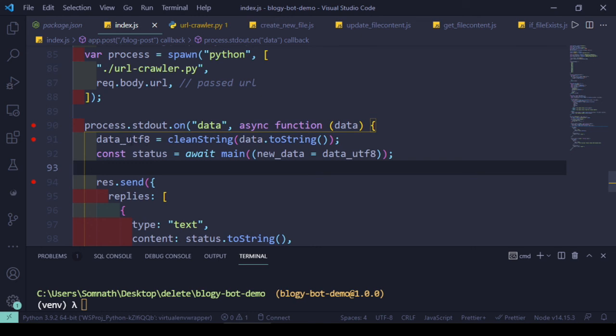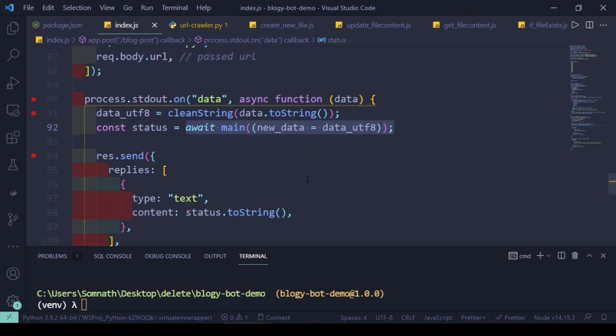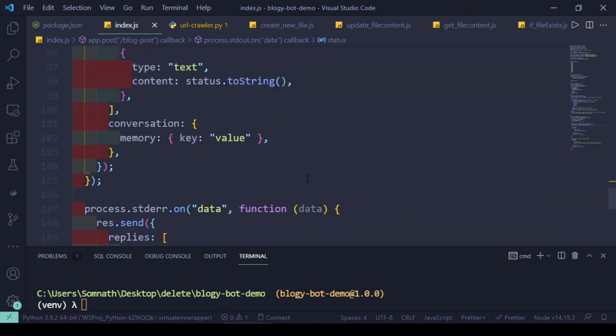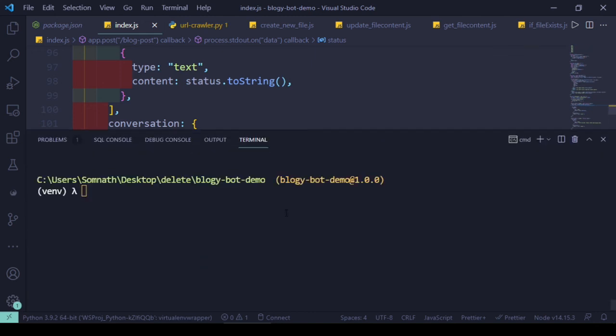We need a clean string which we will now pass to the main function we have just built, to update the GitHub repository. I think all set. Anything pending? I'm not sure. So let's test this application together and see what happens.